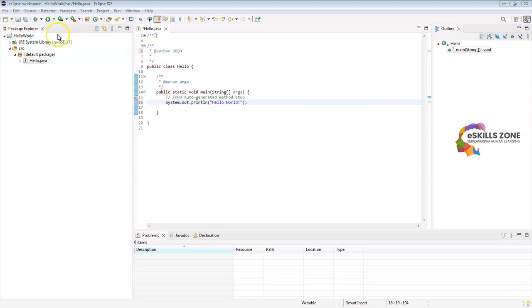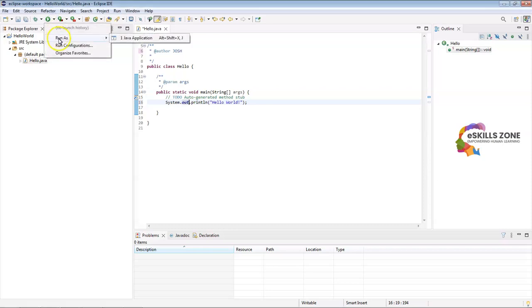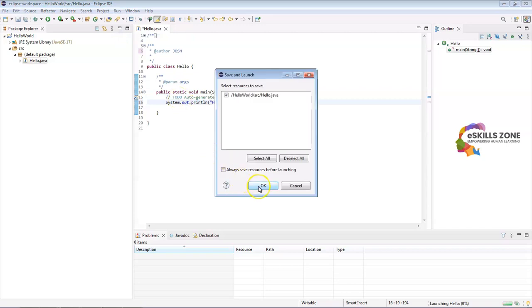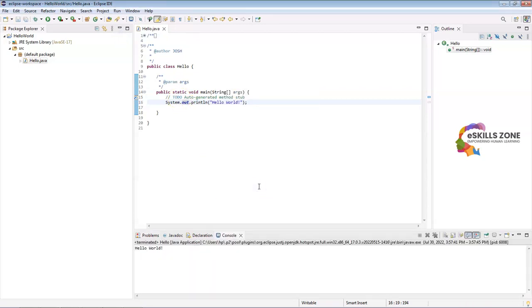And now I'm going to click on this button, which is used to compile the Java program, and then we'll select the option Run As, and then click Java Application and press the OK button. So viewers, congratulations, our program has successfully executed, and you can see the output as Hello World on the screen. So this is the output screen. It's a very beautiful Eclipse. You can see all the source, all the editor. Here you can see this is the editor window, this is the output window, and here you can see all the